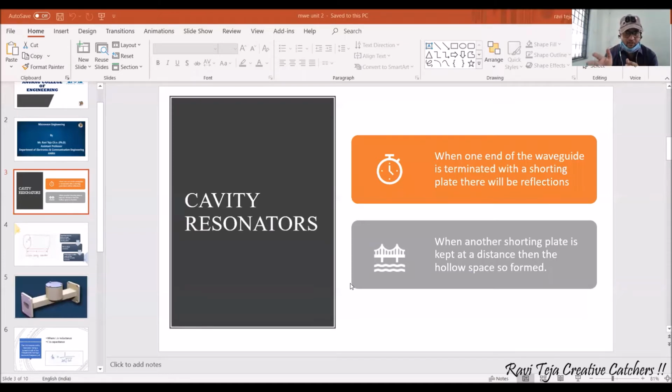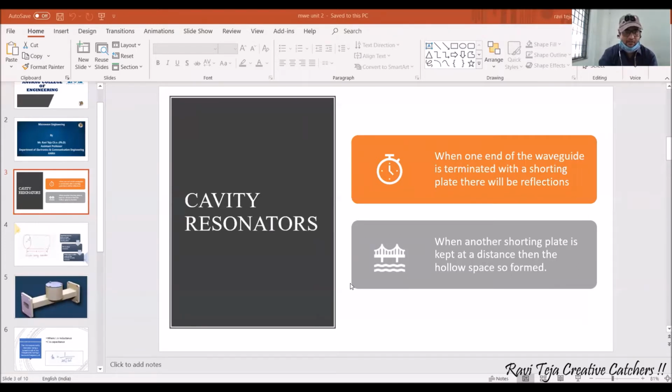Let us say it's a rectangular tube or a cylindrical tube. One end of the tube is closed with a metallic plate, and we have inserted a signal into it. The other end, the input side, is also closed with a plate. Now what happens to the signal inside the cylindrical or rectangular tube? The signal moves to and fro and hits the walls. As it moves from one point to another, it generates huge energy in the form of a frequency.